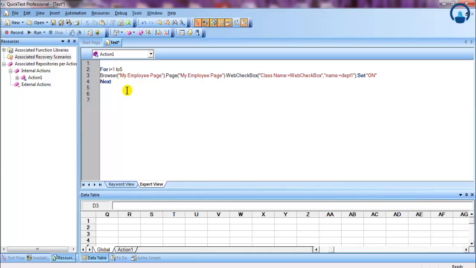I'm just hard coding it because I'm showing you an example. In real time, maybe you don't have to hard code it. You can parameterize it. You can use a variable. So for the sake of understanding, I'm explaining using hard coding. So since we have to use it for 5 checkboxes, I'm using for I equal to 1 to 5, and here we are